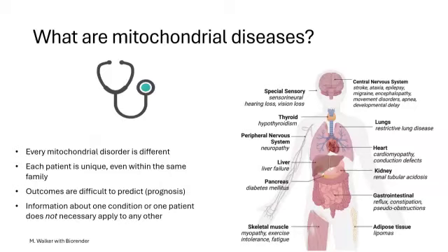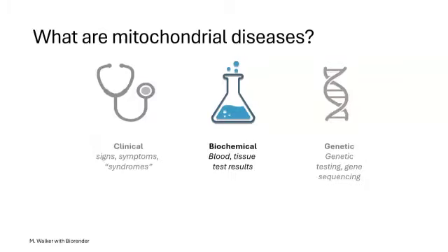And it's important to say that when you have this much diversity in a disease process, information you find about one disease may not actually be applicable or correct for another. So take everything you read about one disorder with a grain of salt. Now moving on to biochemical. So talking about these tests that prior to the genetic sequencing era were really our bread and butter for diagnosing mitochondrial disorders.